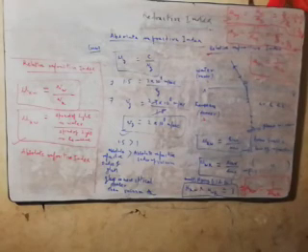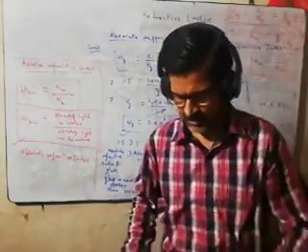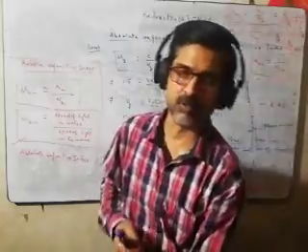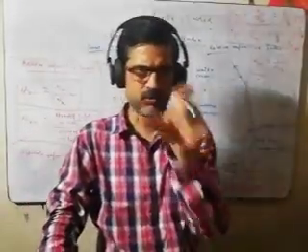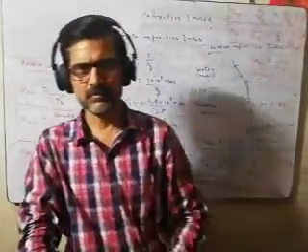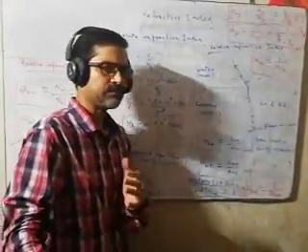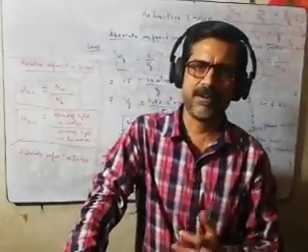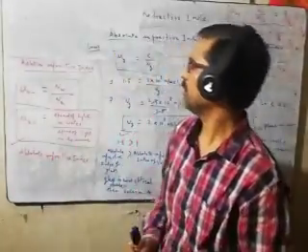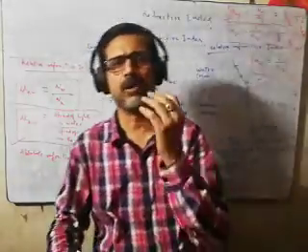So see on the board, we are going through some diagrams and some formulas that are written on the board. If you are listening, you can write some formulas also, and one question also you mention. Everyone write the question. Question is, if the refractive index of glass is 1.5,